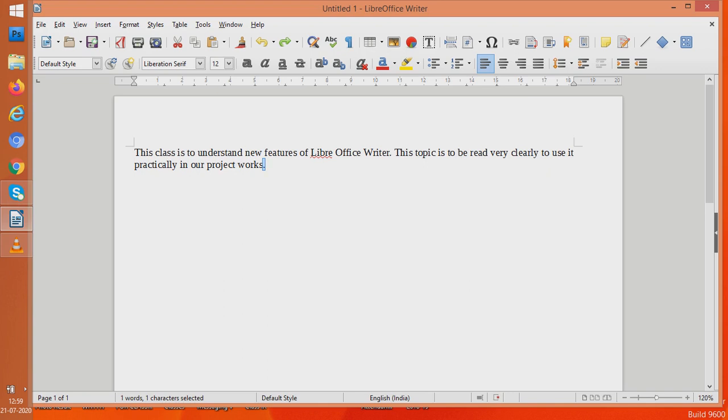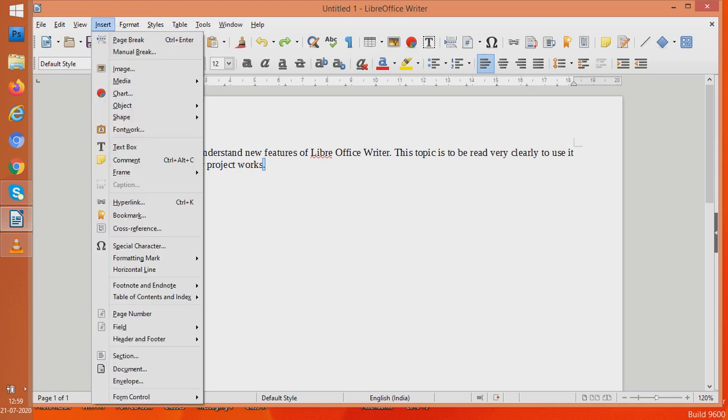Every document has a heading. Even in your book, if there is a chapter, there is a chapter name above it. So even when we type something in LibreOffice Writer, we should have a heading which shows what we are typing for, what is the topic we are writing here. So how to put the heading? We'll go to insert.